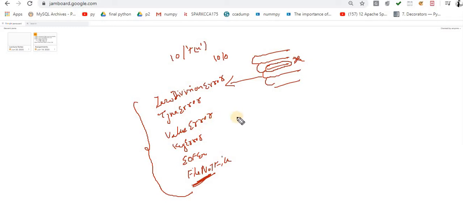Now it is highly recommended, if I develop an application for a real-time scenario, for example you are developing software that is delivered to a client, at that time it is mandatory and highly recommended to handle the exception. The main objective of exception handling is graceful termination of the program. That's it. That is the main objective basically, that your program should be gracefully terminated.